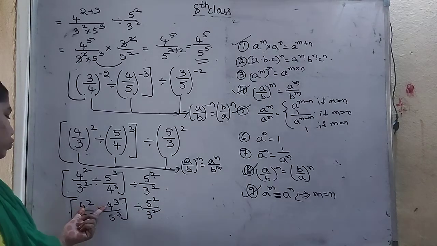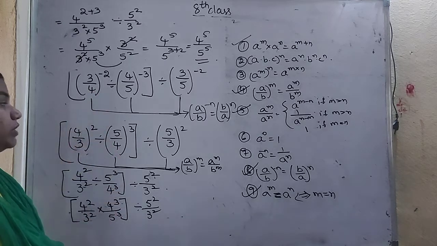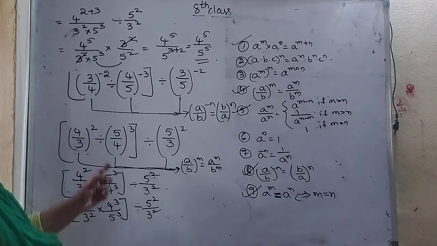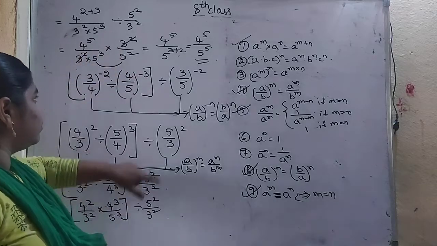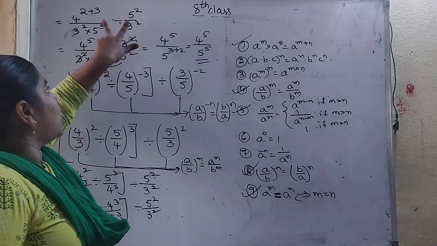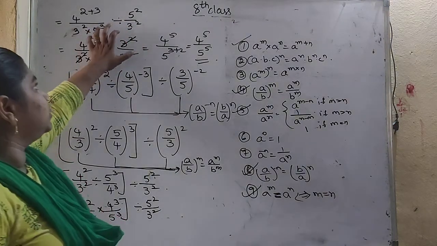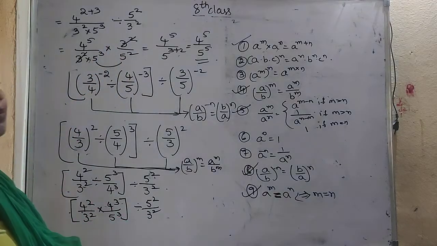Now if you see these two terms, both bases are equal, we can add the powers. Here I am using the first formula, and these two terms I wrote as it is divided by this value. So this is a rational number, this is also a rational number. So how to divide these two rational numbers? Division will be converted to multiplication and the second term will be reciprocal.